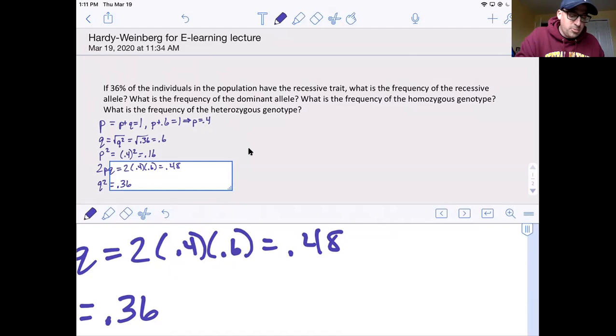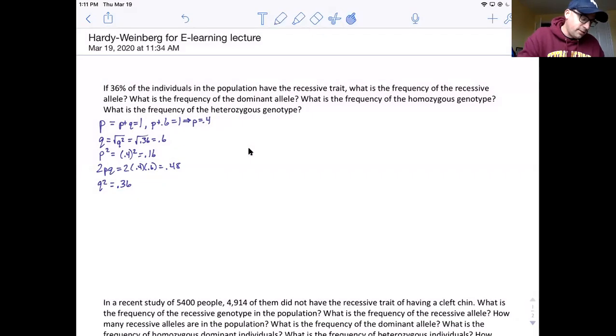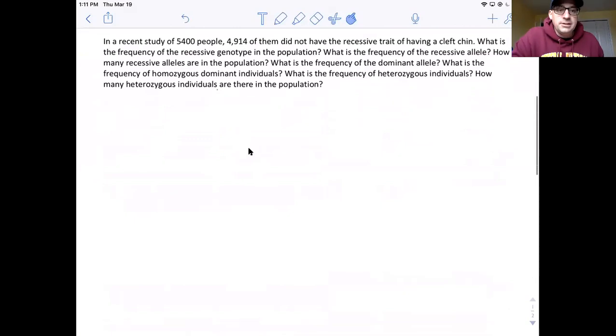So, second problem, a little more challenging here. Let's take a look at it. It says here, in a recent study of 5,400 people, 4,914 of them did not have the recessive trait of having a cleft chin. What is the frequency of the recessive genotype in the population? What is the frequency of the recessive allele? How many recessive alleles are there? What is the frequency of the dominant allele? What is the frequency of the homozygous dominant individuals? What is the frequency of heterozygous individuals? How many heterozygous individuals are there? That sounds like a lot of work. So let's break it down and do just one